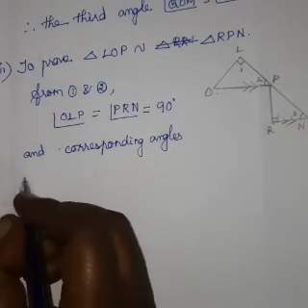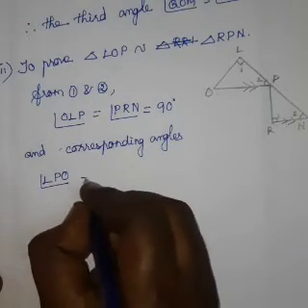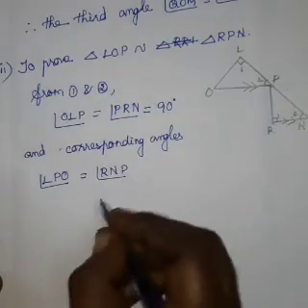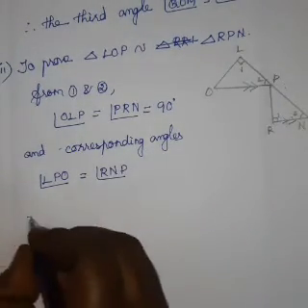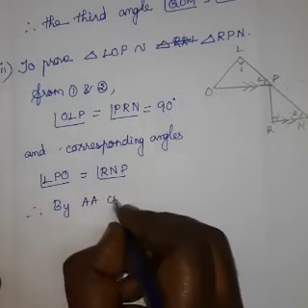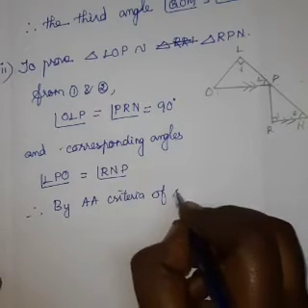Corresponding angles, angle LPO is equal to angle RNP. Now therefore by AA criteria of similarity,